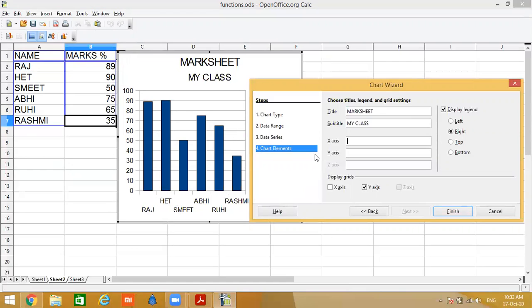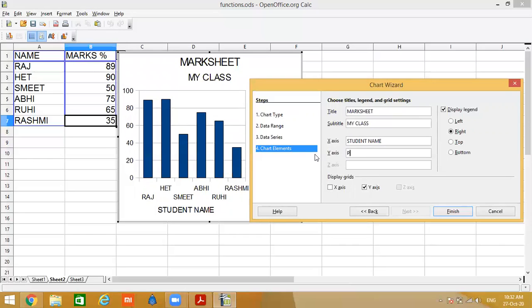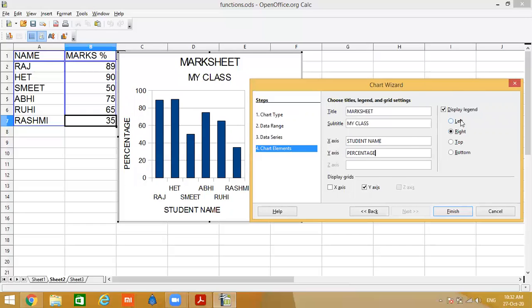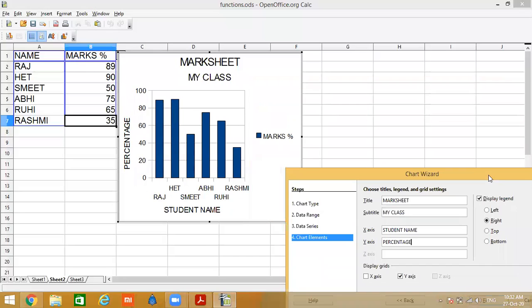Student name. What does the Y-axis indicate? Percentage. You just update all these. Display legend. By default, the legend is always displayed at the right side. This is a legend. If there is multiple data, there will be multiple legends.